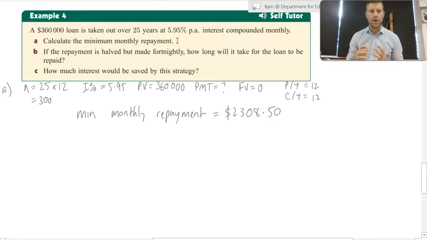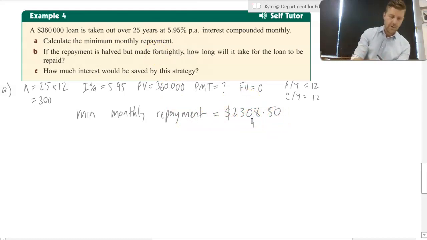5.95%. So this next question then says, because the idea here is how do we minimize the total amount of interest that we're going to pay? It says if the repayment is half but made fortnightly rather than monthly, like it was in the first part there, how long will it take for the loan to be repaid? So how long is it going to take to repay the loan if we pay fortnightly, but pay this amount divided by 2? So the first thing I'll do for question B is take that